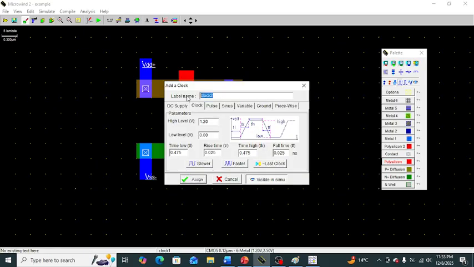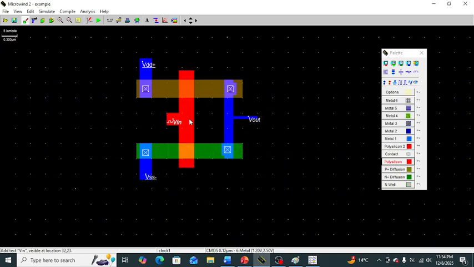Let us say this is V input, and this is the rise time and high time as well as low time and fall time available in this simulation box. Suppose we assume that low time is 1.2 nanosecond and fall time is suppose 1.2 nanosecond. We assign both the logic high time and logic low time duration.